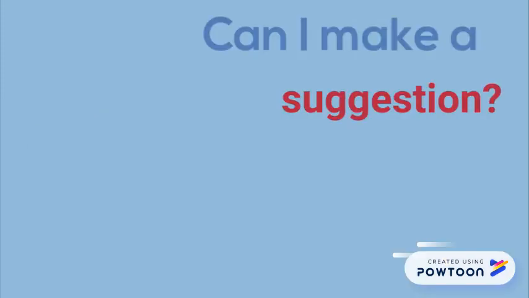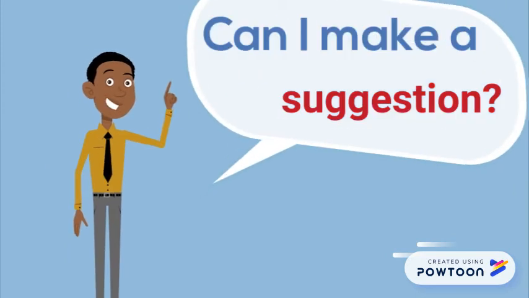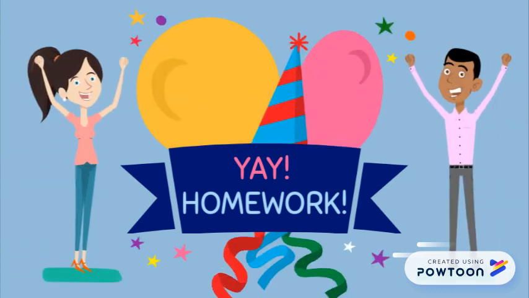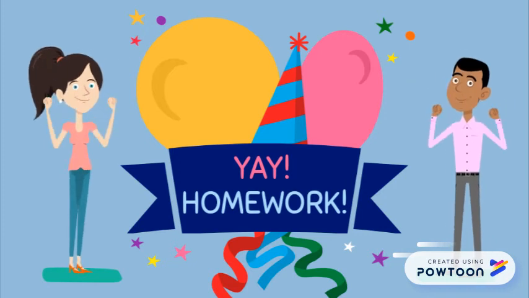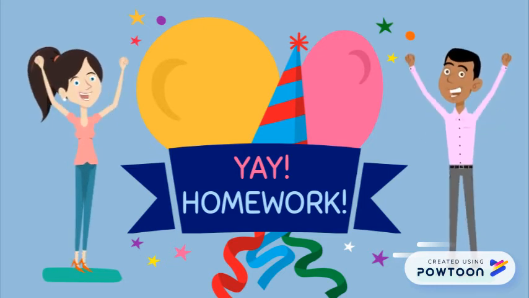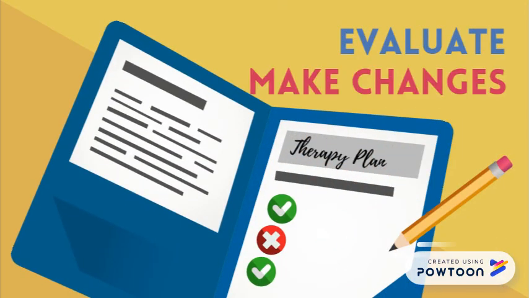Your participation in the goal-setting and intervention process is key and will make a huge difference to the outcome of the therapy. As such, you can expect to be given homework, exercises and activities to help your child's progress. And in accordance with the Code of Conduct and Code of Ethics, your personal choices in this regard will always be respected and your consent will always be sought. As the intervention is implemented, Jane will continuously evaluate its effectiveness and make changes as necessary.